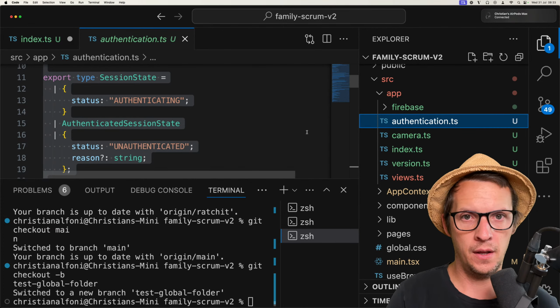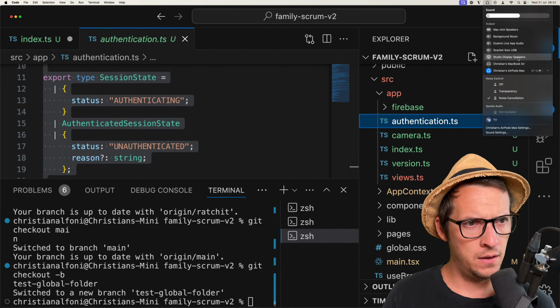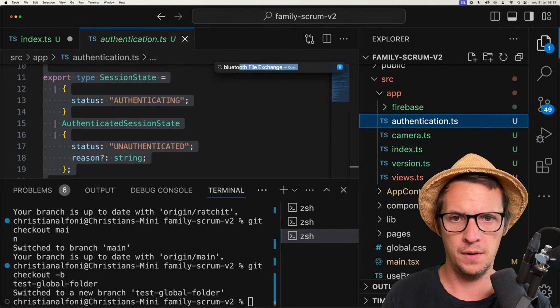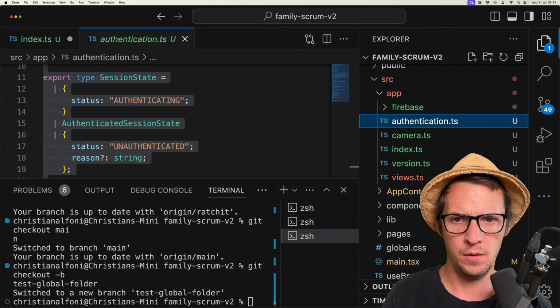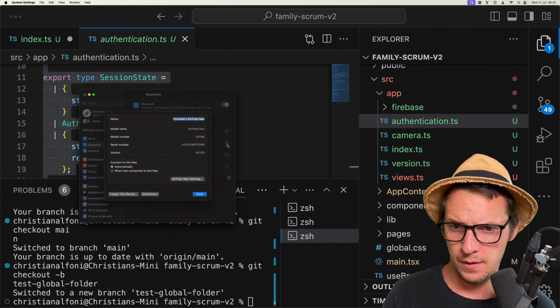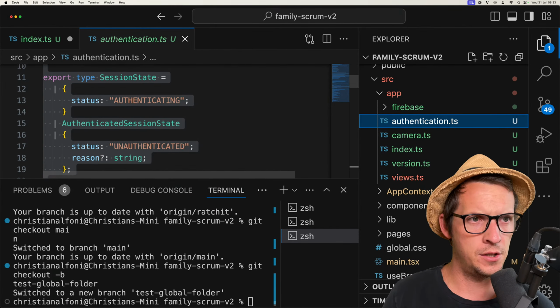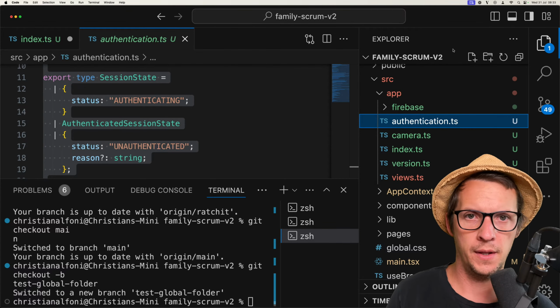and then, god damn it, how do I do this? Bluetooth, not file exchange, Bluetooth. There we go. When last Bluetooth headset with someone else.